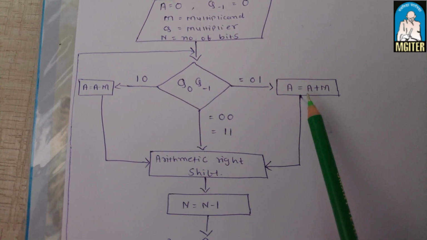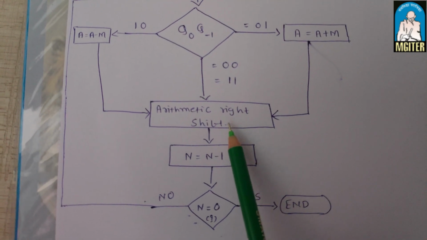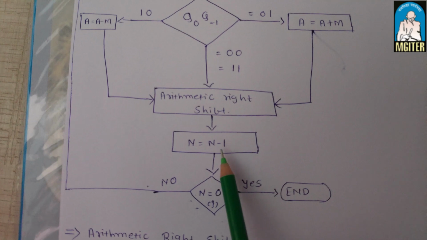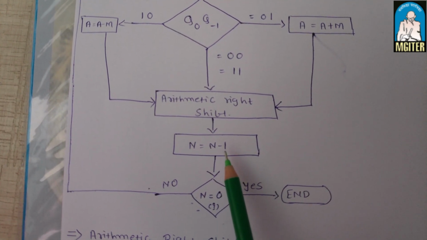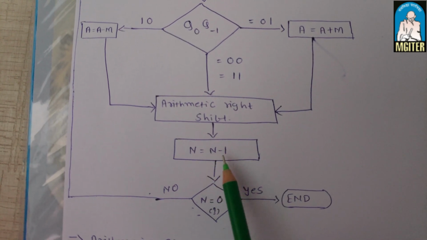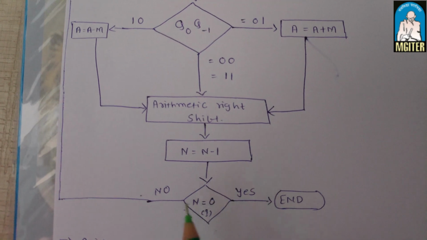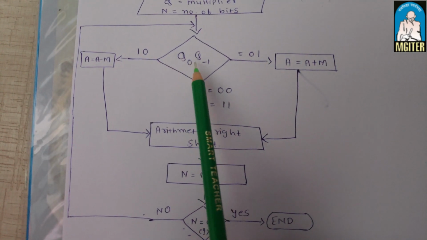After performing this operation, we have to perform arithmetic right shift. After performing arithmetic right shift, we have to perform N is equal to N minus 1. Here initially the value of N is equal to 4 because we have a number of bits 4. So after performing this, we have to check if N is equal to 0. If N is not equal to 0, then we have to again go to Q0 and Q minus 1,